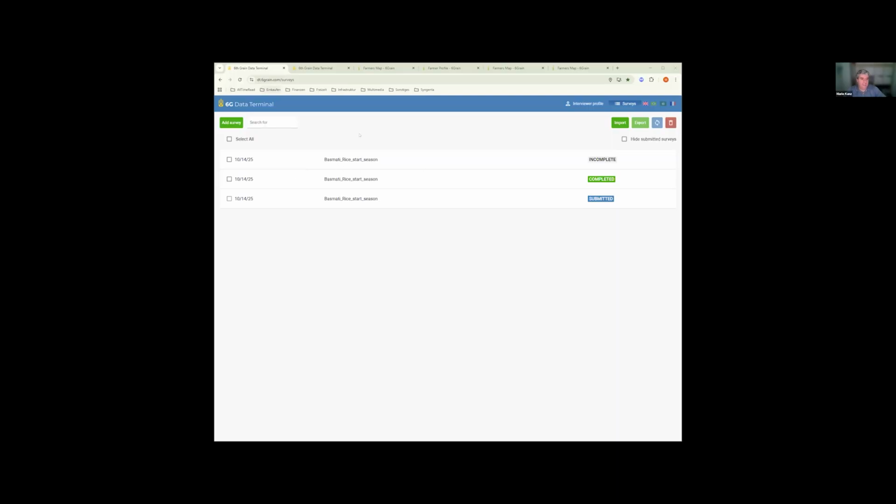And here you see, I have given an example of a basmati rice. You will see incomplete, completed, and submitted. So these are the 3 statuses. I can have started the survey but haven't finished it. Here I have answered all the questions and submitted with this green synchronize button. When I have network connectivity, I can push this over to the server.